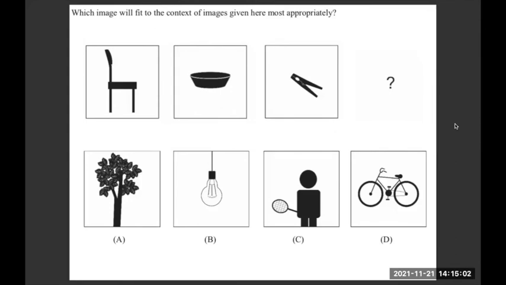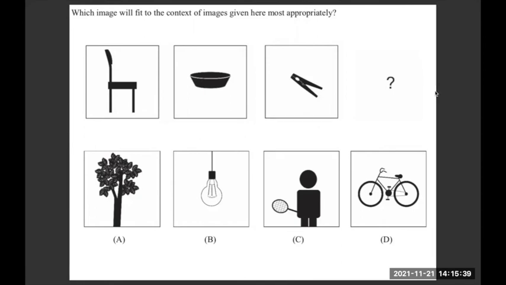Ma'am, in the pictures, they are separated by a white line. And if we see at the other options, like the tree, the person, and the cycle, they are not separated by that kind of white line. Like in C, there should be a white line in the place of the hands, and in the tree, it should be between leaves, and in the cycle also, it is not there. So I chose the bulb. Okay, ठीक है. Maria, what is your logic? Ma'am, I thought of a kitchen. Kitchen, okay. ठीक है.